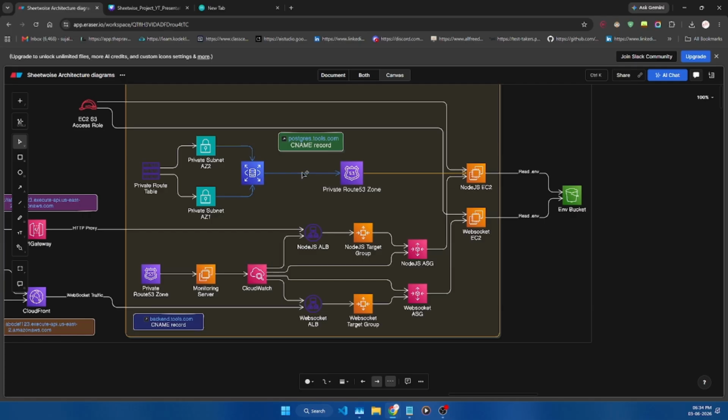So I needed a persistent environment variable. So I mapped postgres.tools.com and backend.tools.com so that I can actually use RDS and my Docker version of Redis and all of the tools, Prometheus, Grafana, without any need of updating environment variables again and again.